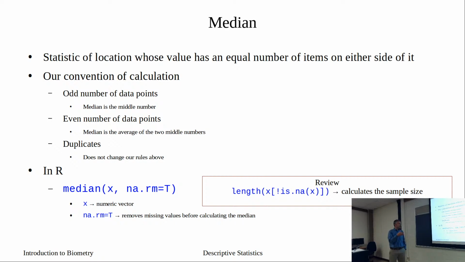If we have an even number, we have 2 points in the middle, and to report the median we take the average of those 2 middle numbers. Duplicates don't have any effect on how we calculate the median, but they could affect how R calculates it. So let's open up our R markdown